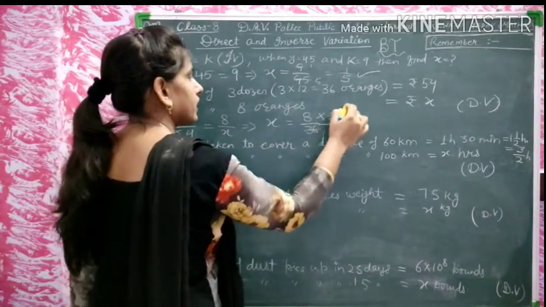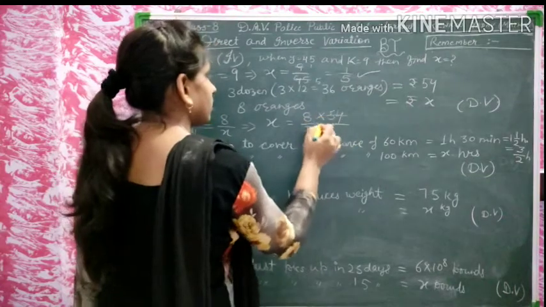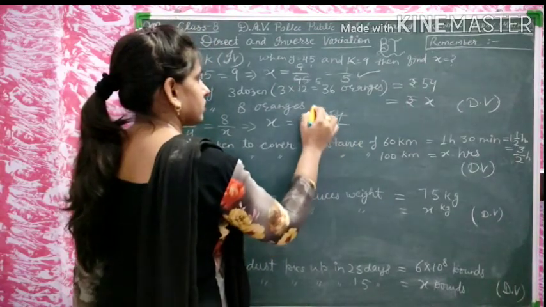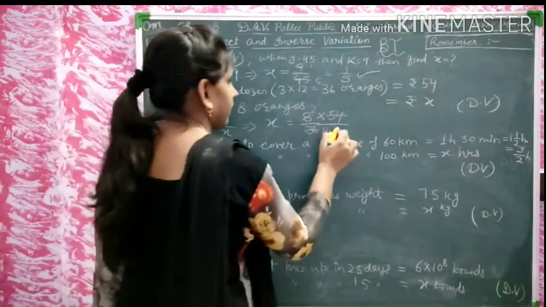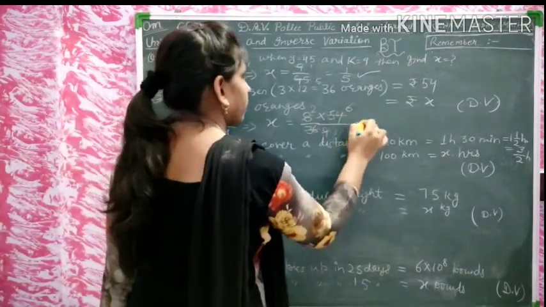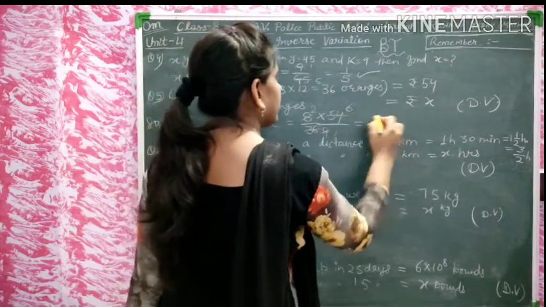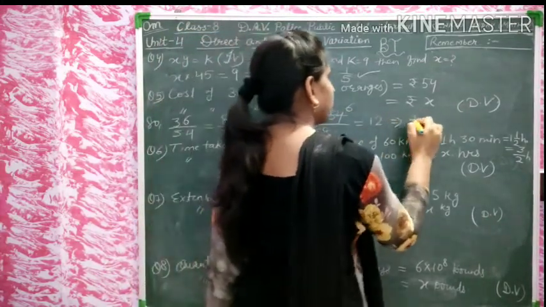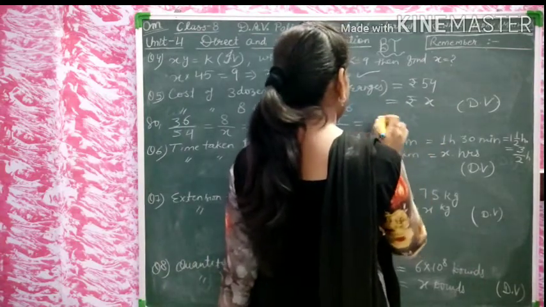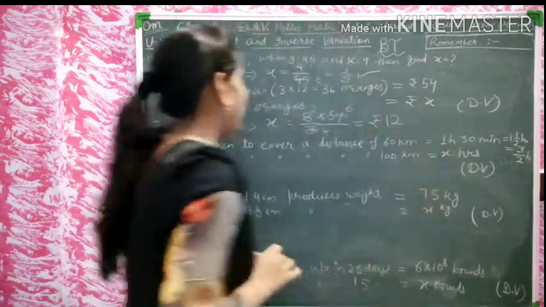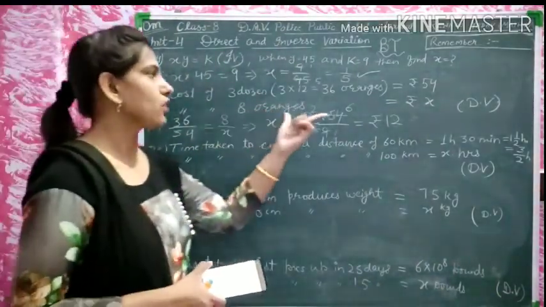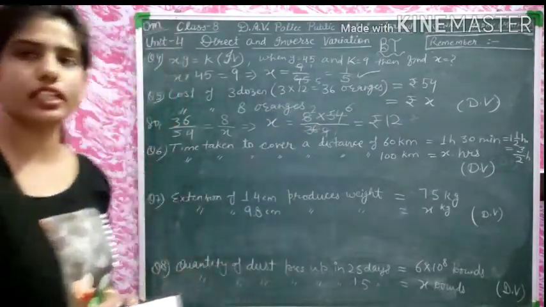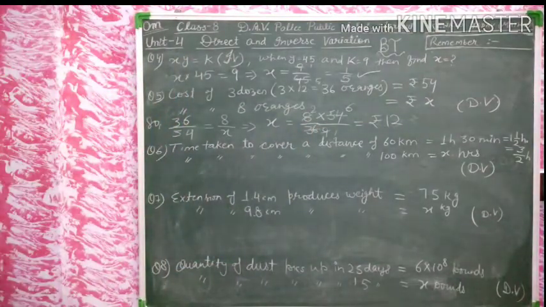36 1s and 36 2s. 4 2s are 8, 4 9s are 36 and 9 1s are 9, 9 6s are 54 and we will get 6 2s are 12. It implies rupees. Here we will get as rupees 12 per cost. X is the cost of oranges. So 8 oranges cost is 12 rupees. It will be done here. Now we will go to the next part and that is